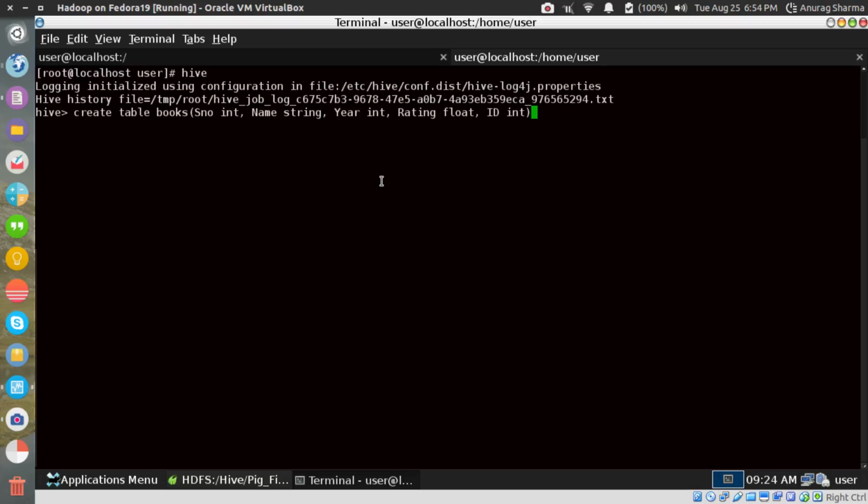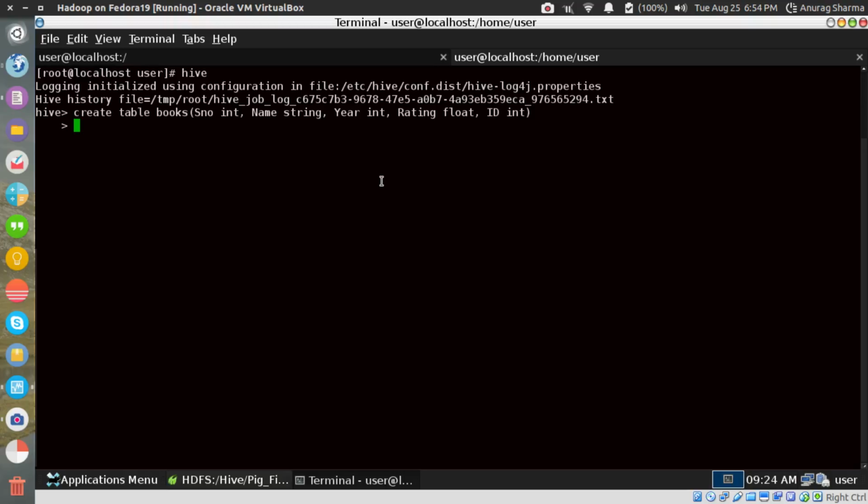Okay, so the first line is: create table books with the following schema. Serial number is an integer, name is a string, year is an integer, rating is a float, and ID is an integer. Okay, so I just pressed enter so that I jump to the next line.